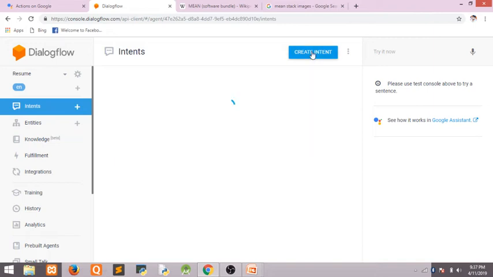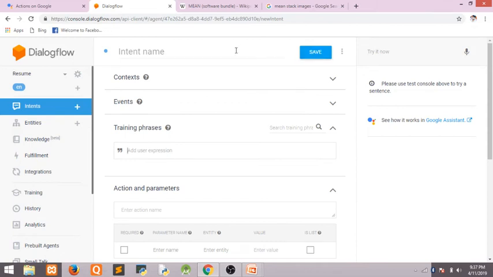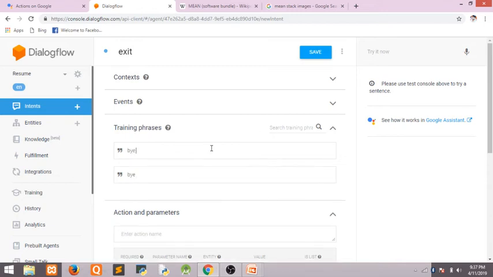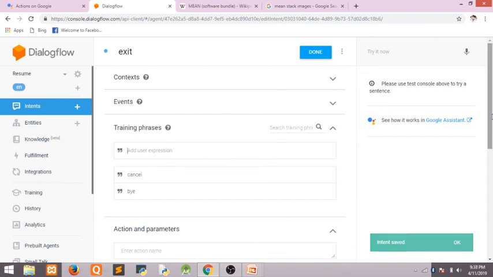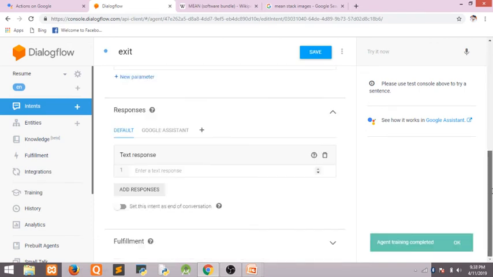For that I have to create an intent for exit. So just name it exit. Add what a user can say, like bye, cancel. So these are the training phrases, which a user is going to say if he or she wants to exit your action. For that I am going to generate a random response like